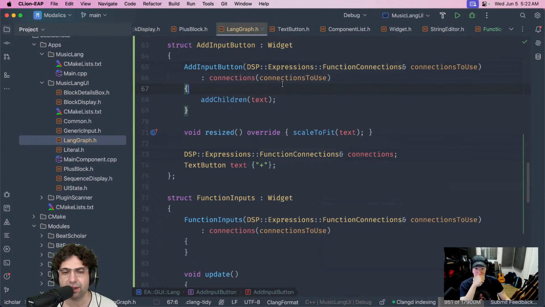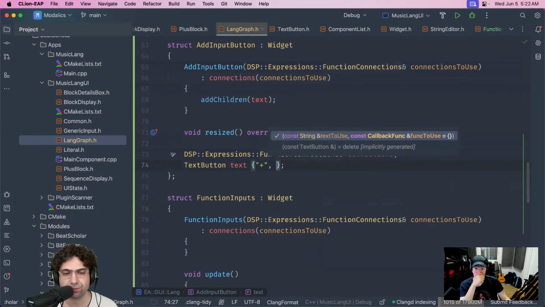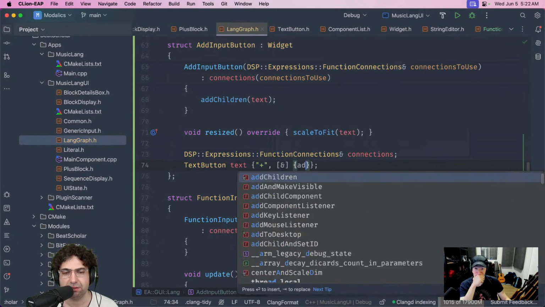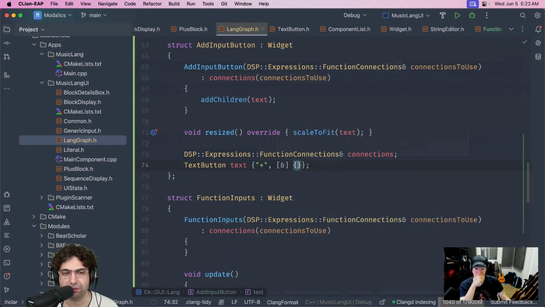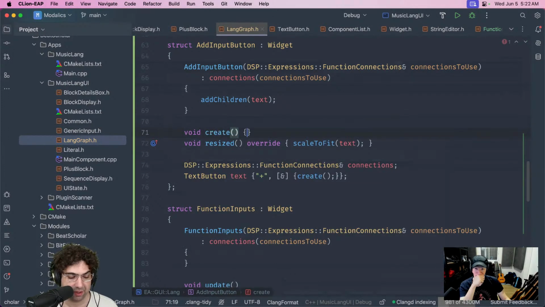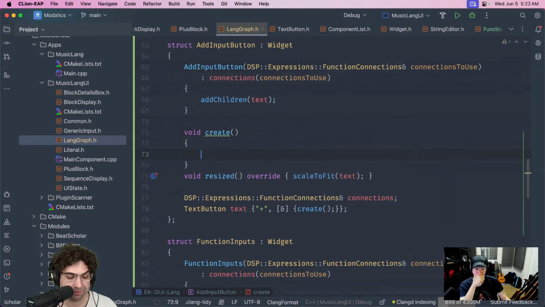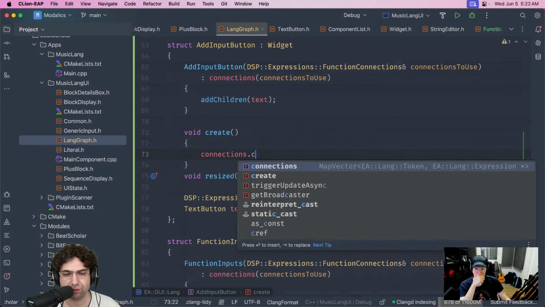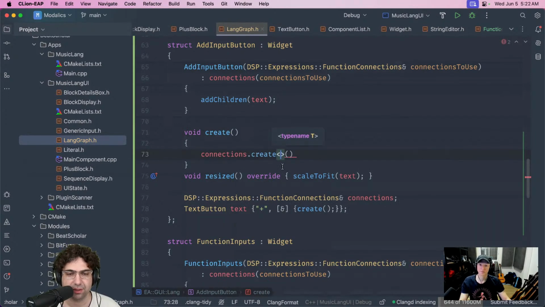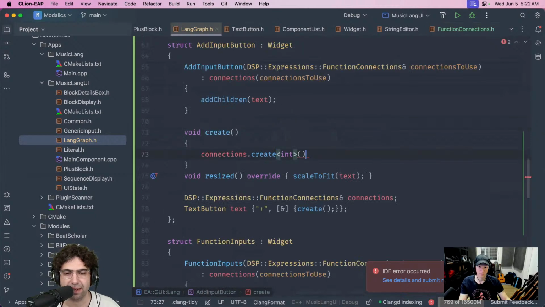So I can now do, the function will be something like void create, right? So it's going to be some create function, and for a start, I'm just going to do something like create of type, I think it's going to be something like type int. Right, and I think maybe it needs the name. Is that it? Yeah, it needs the name. So the name,